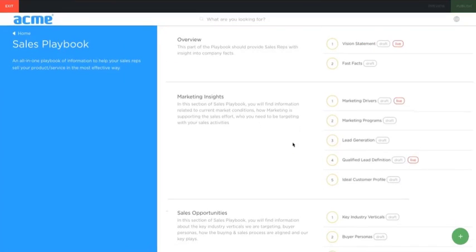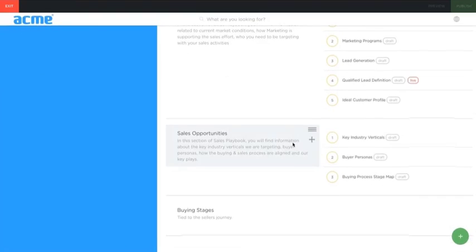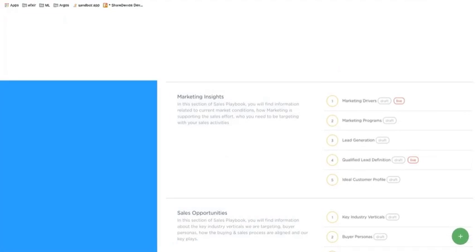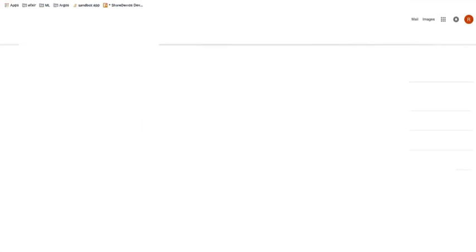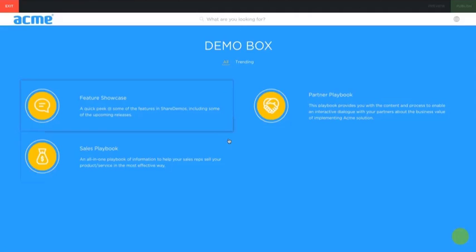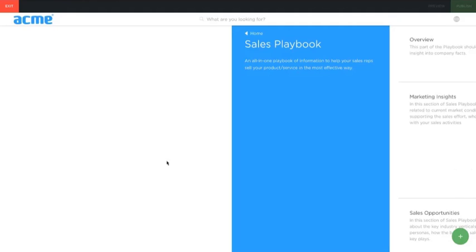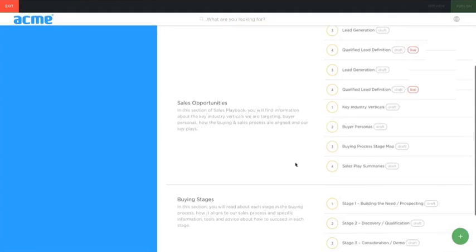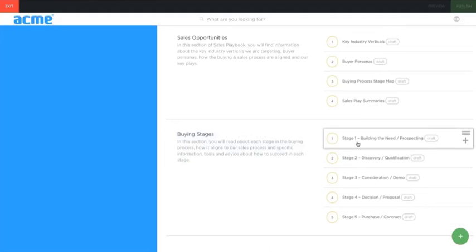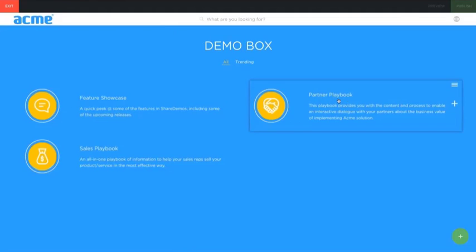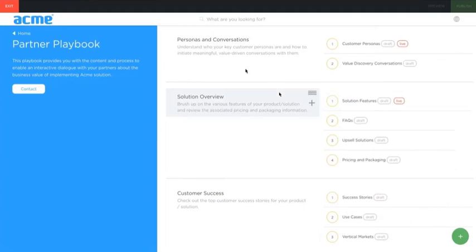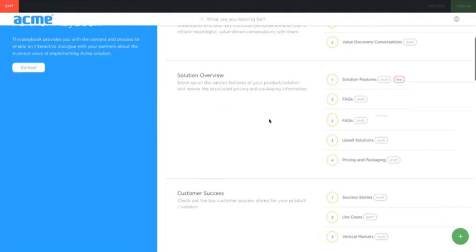So again, here is the complete list. We can go on building this out, but what I'm going to do now is quickly switch to a little more built out instance where you can see that under sales playbook we have these different sections built out: stage 1, stage 2, stage 3, stage 4, stage 5, and we also have a partner playbook where we have a lot more chapters that are organized very differently, more around personas and conversations,